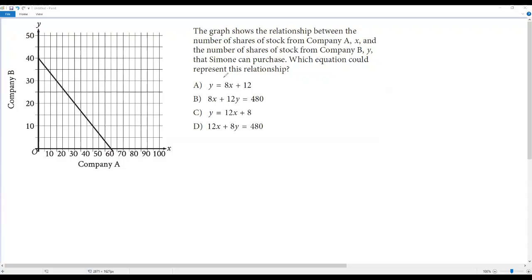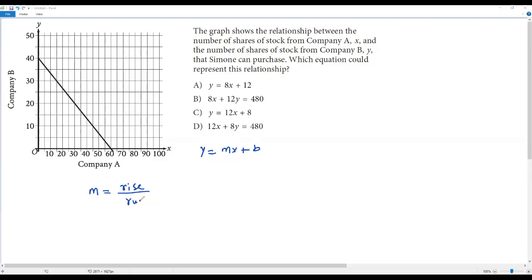So x represents the number of shares of stock from company A, and y represents company B. So we just have to find the linear equation. That is, we have to find the equation of the line given over here. Okay, so we can try to write the equation of this line in slope-intercept form, that is y equals mx plus b. So here m refers to the slope, and we already know that the slope is equal to rise